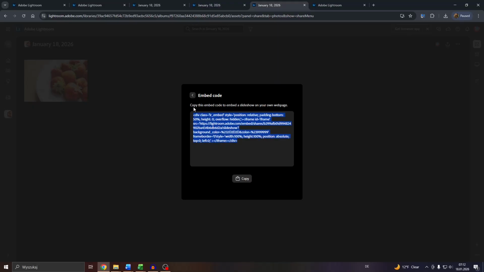So you may add it, for example, or make it part of a slideshow on your own web page. Simply highlight it, copy it, click into this button, and paste it into your website or web page